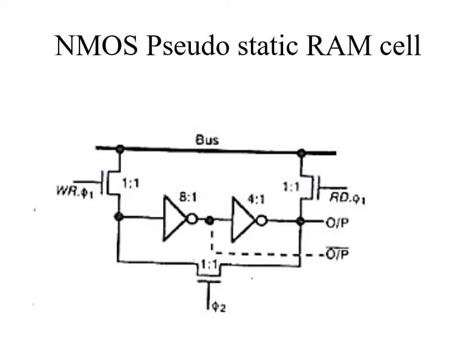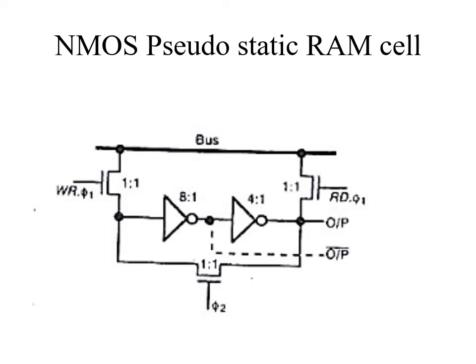For the write operation, you need to remember that write into phi 1 has to be made 1, and it is stored as it is as gate capacitance of the first inverter, and in complementary form as gate capacitance in the second inverter. Now let us see how to perform the read operation.